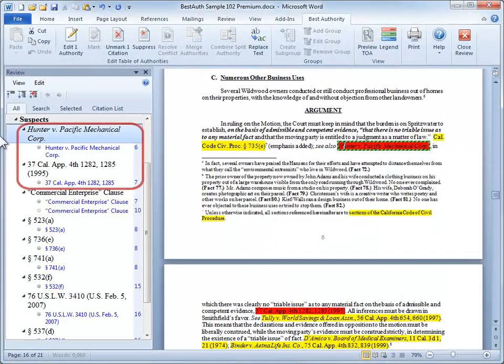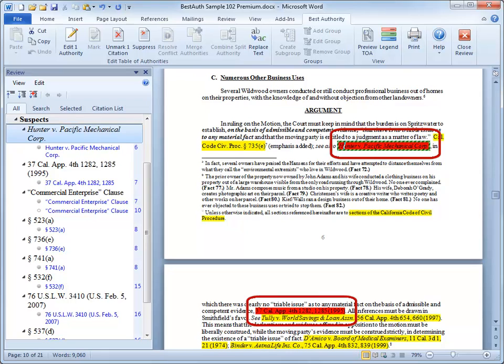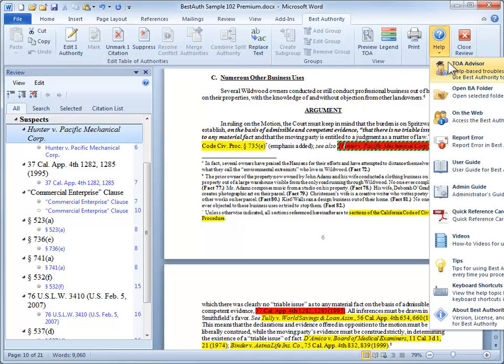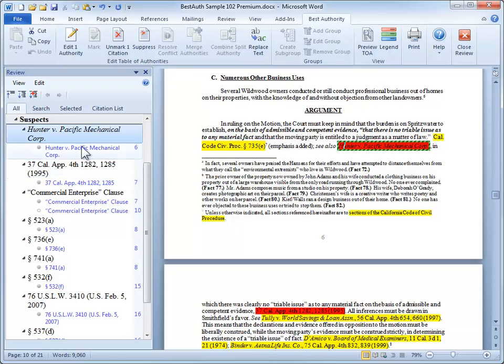The first suspect we see is the Hunter suspect. The problem is that a single citation has been split into two suspects due to extraneous text in between. Remember the TOA advisor I told you about earlier? Let's consult the TOA advisor to find out how we can fix this suspect. We can access the TOA advisor from the Help drop-down on the ribbon or from the right-click menu in the